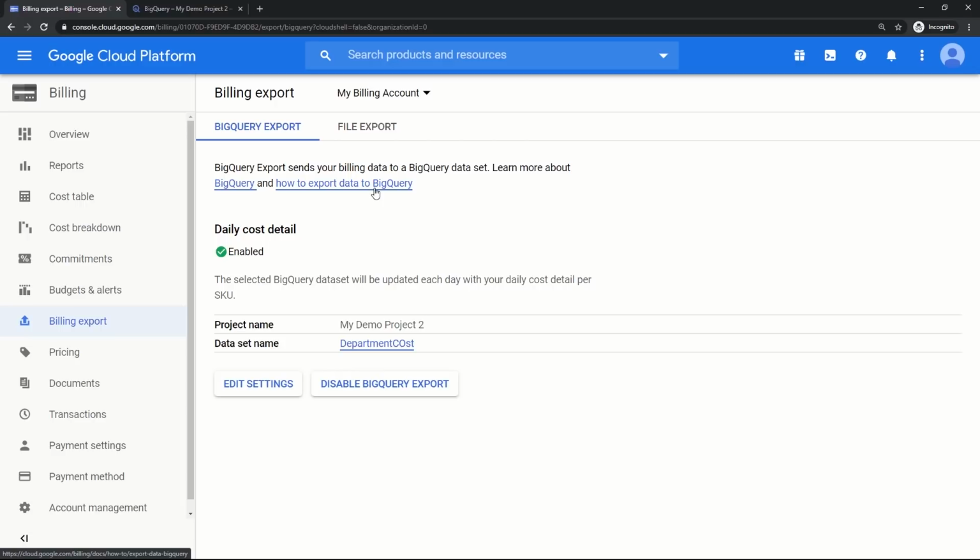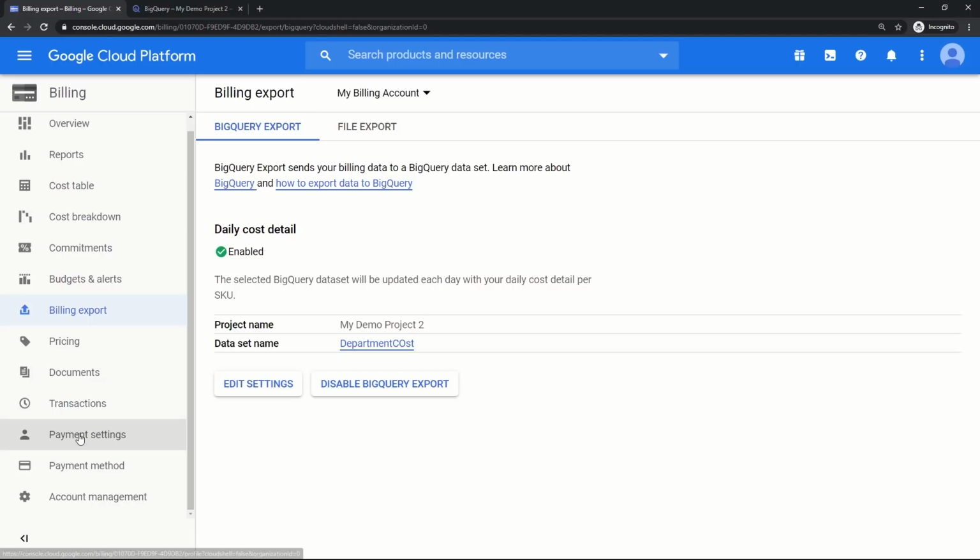Once you have that data, you can fetch it using scripts, and you can use Google Studio for visual analysis. Also, this data is not live. You may face some delays, and there is a possibility that the BigQuery dataset and billing export data will not match up with your invoice data, with small differences, because as I mentioned, this data is not live.